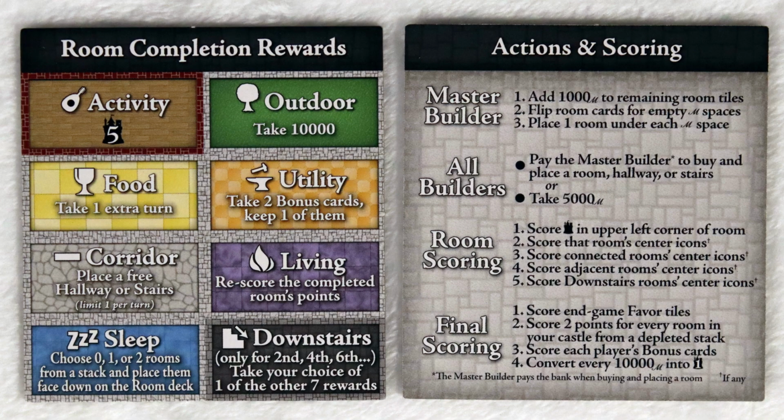The other great thing that we really like is it has a lot of good accessibility features, like the icons are all unique, and that's important because there's a lot of different room types. So if you want to know more about that, be sure to watch our Rolling with Two for Castles of Mad King Ludwig. Now, what we don't like about the game,